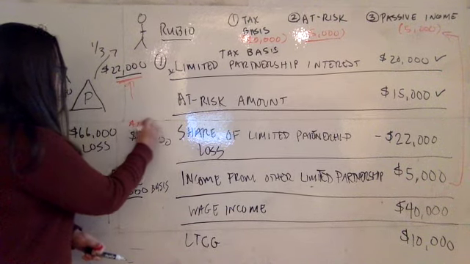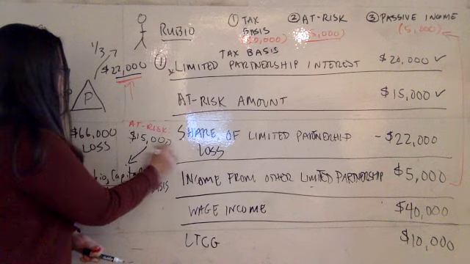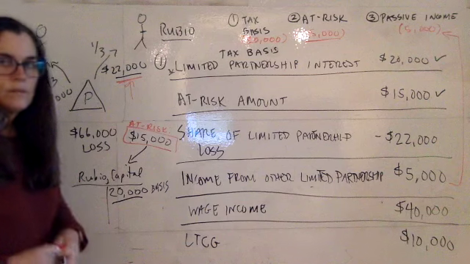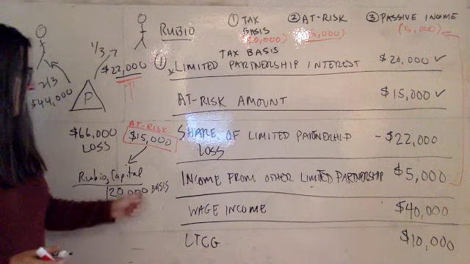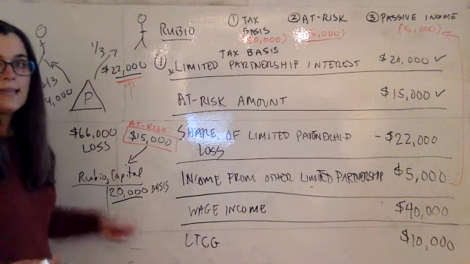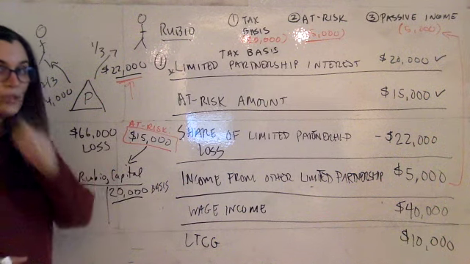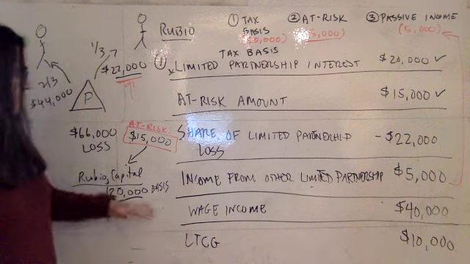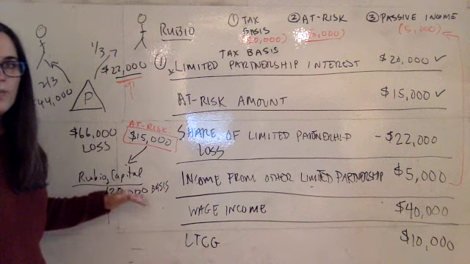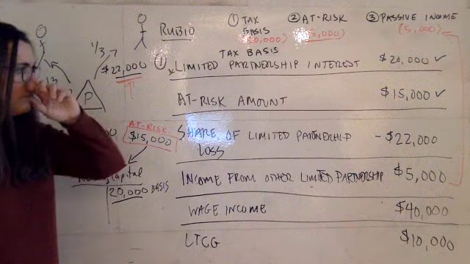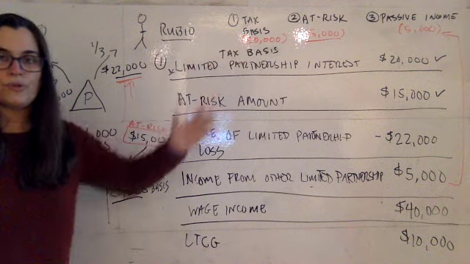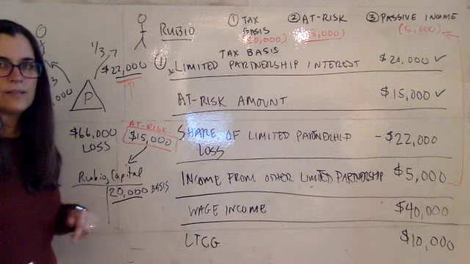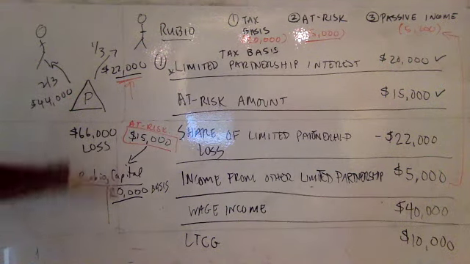Well, Rubio's $15,000 cash that he contributed, it would be called his at-risk amount, meaning this is the actual amount of cash or property that he truly stands to lose if the partnership were to go out of business, okay? His tax basis is what we would say his investment in the partnership is. This is the value of the partnership that he has on paper. Oftentimes, these two numbers are the same, okay? They're different in this problem, in part to kind of illustrate these rules, okay? Just think of this as Rubio's true skin in the game, the $15,000. That's how much cash would be out of pocket if the partnership went south.